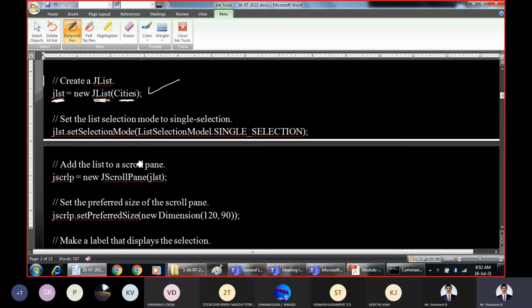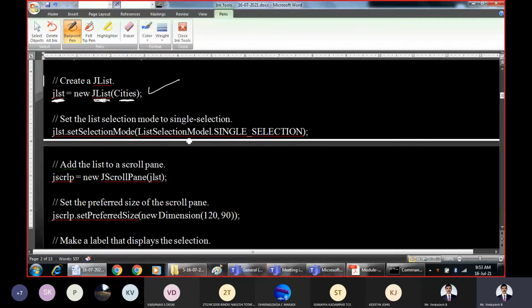Now once you have created the list, you have to define the selection mode. Just now we have seen three types of selection modes. From that list, how you want the user to select the items, either a single item or multiple items, can be set by using the method called setSelectionMode on the JList object.